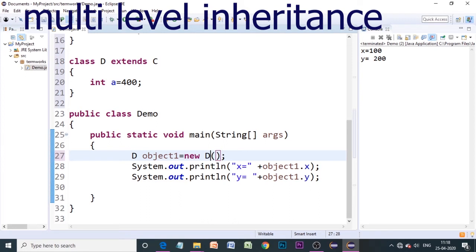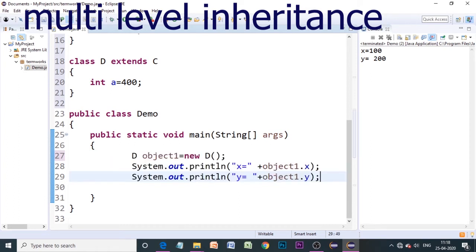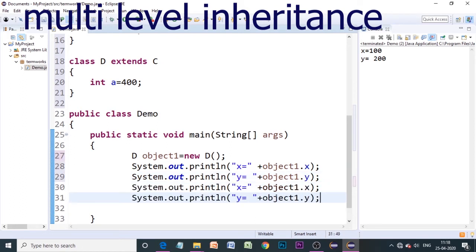Now let's copy these, and of course you can print all of them in one print statement itself, but I'm using different print statements.